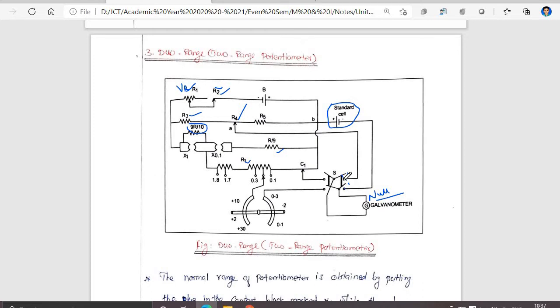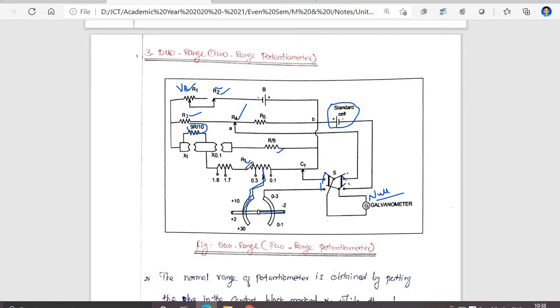So after that you have to close the switch position. Here you can apply the unknown voltage source. Okay, you can connect the unknown voltage source to the circuit. Here we are taking the input. This is the first measuring dial, so it should go to that value, and you can adjust the knob. This knob will be connected to this area and this area, and the resistance will be added into the circuit, and the output will be taken here, and it should go to that R1 resistance value.